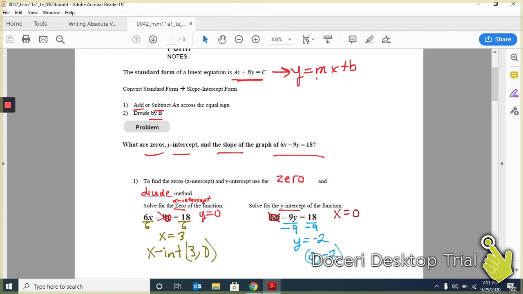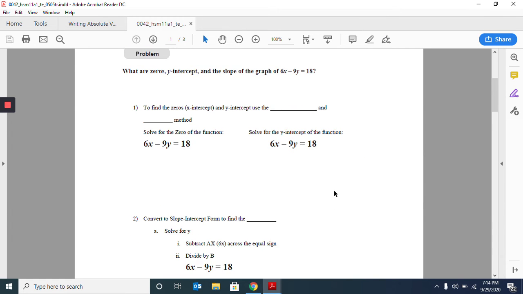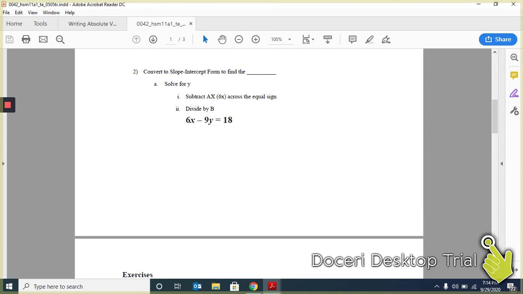So now, what happens if you want to find the slope of the same line? We're going to solve for y. And here's how you do it. Again, I'm going to try and make this as straightforward as possible. The first thing I'm going to do is subtract 6x to both sides. Now here's kind of the thing. I cannot actually subtract 6x. I'm actually just moving it to the other side so that I still have